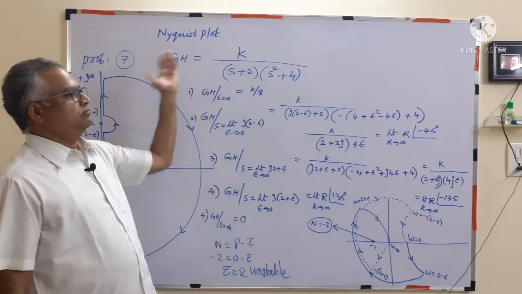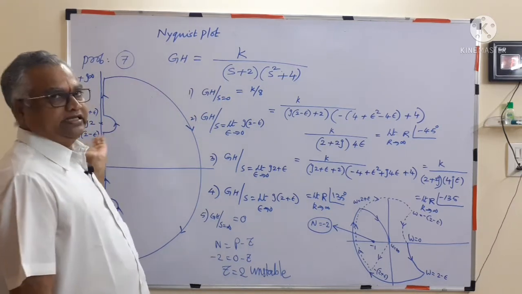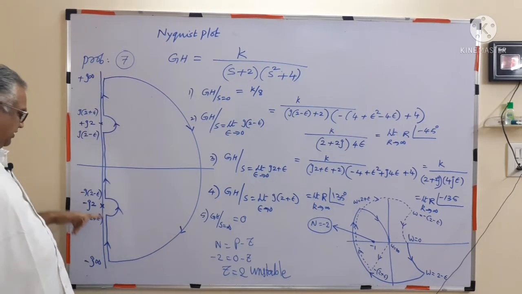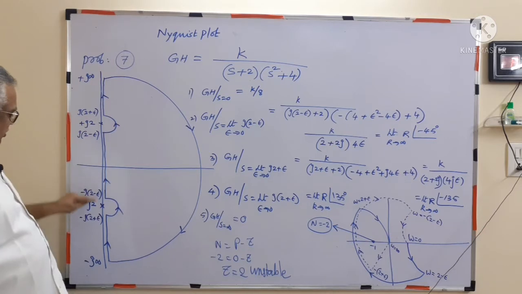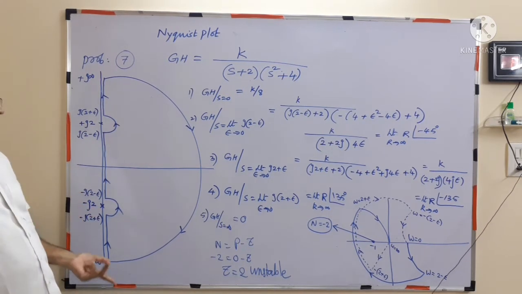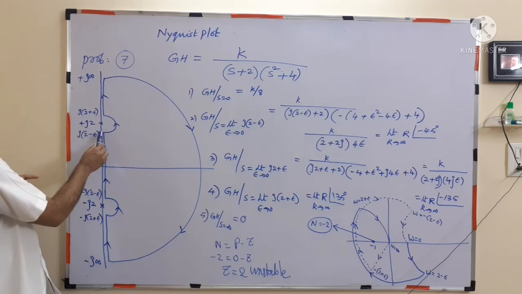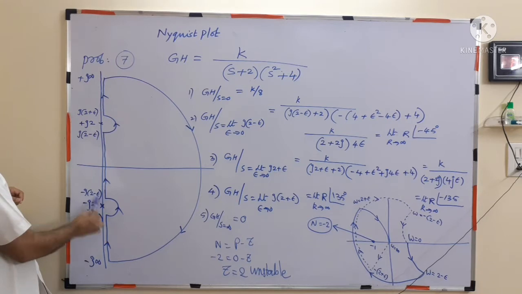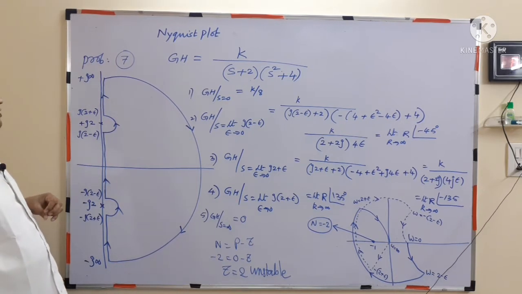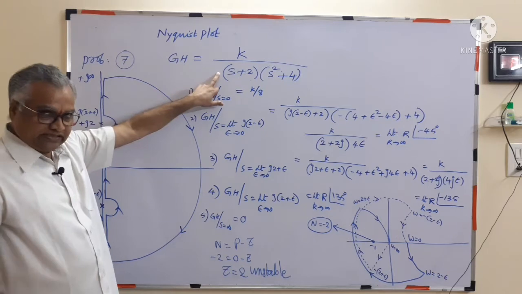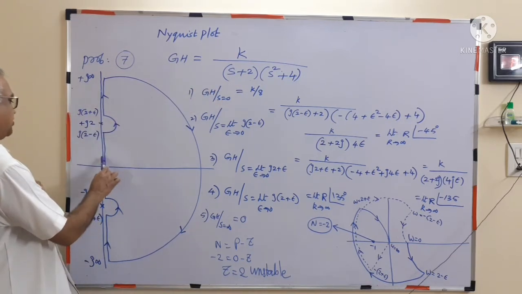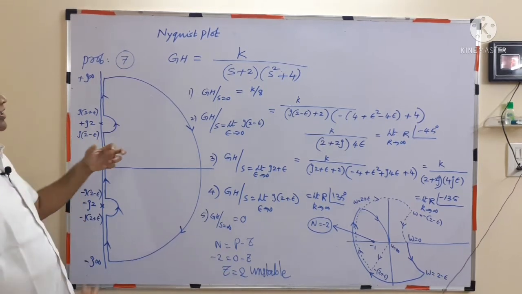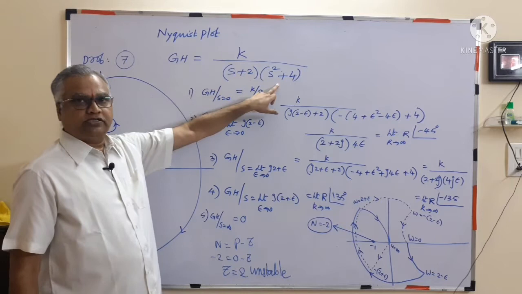Another pole is at s equal to minus 2, no worry, because that is in LHS. So we have to select a path such a way that the pole on j omega axis also should be eliminated. So here again another small circle which eliminates this, another small circle which eliminates this. If there is a pole at origin, S term is there, then this elimination also we consider. So problem becomes more complicated with S and S square plus 4.